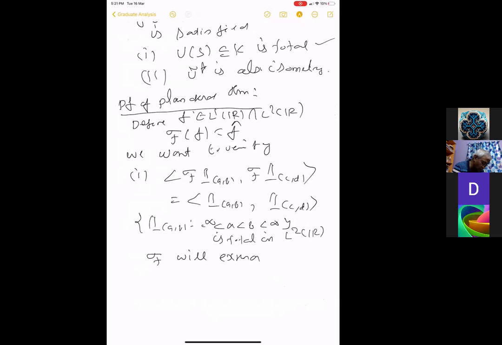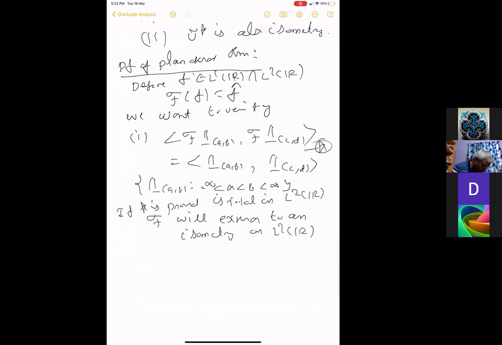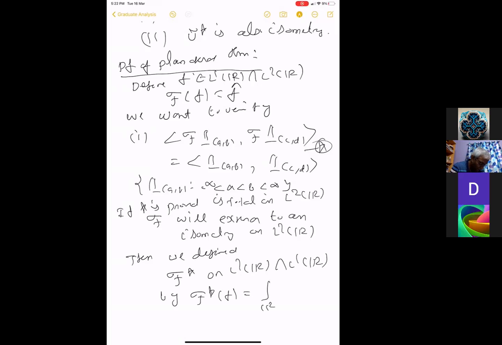If I prove this, if I prove star, then script F will extend to an isometry on L2(R). Then I will define the inverse Fourier transform, script F star, on L1 intersection L2(R). F star of f is equal to the integral over R of f of